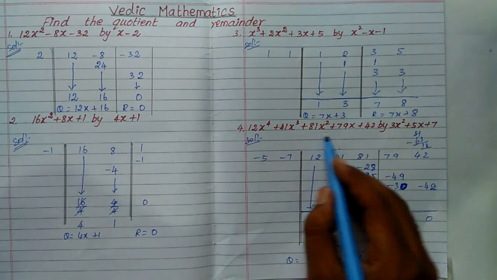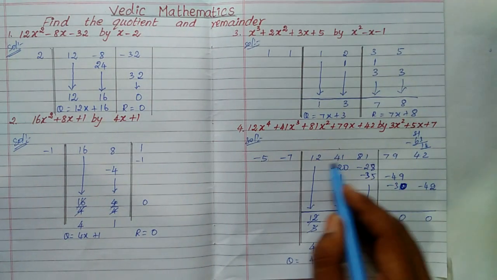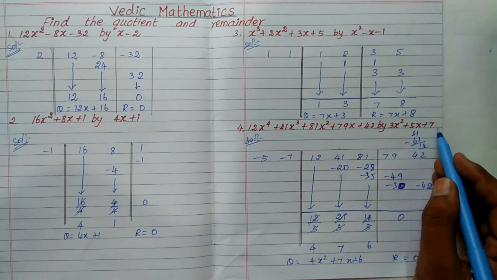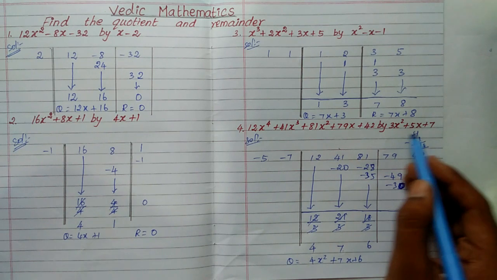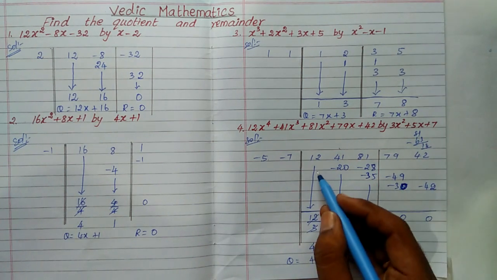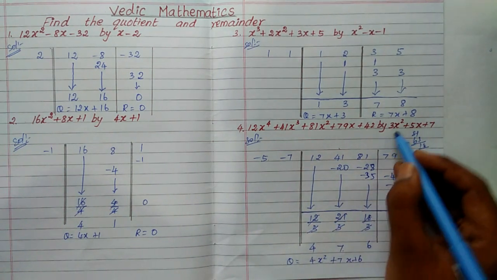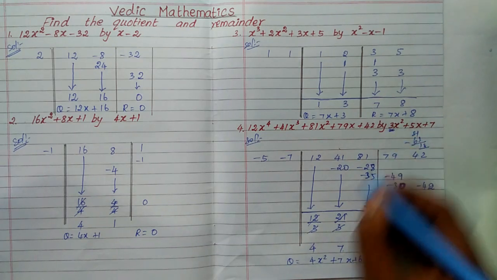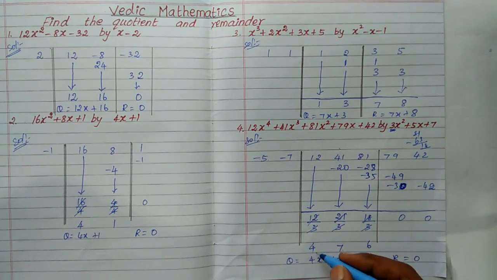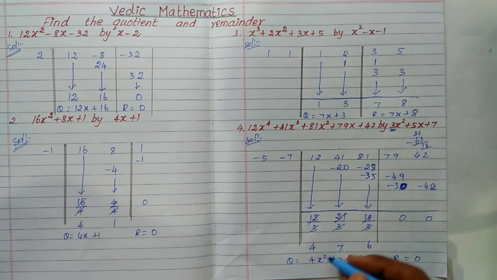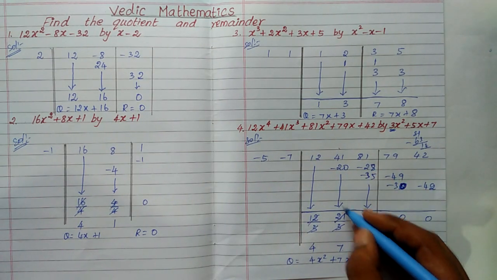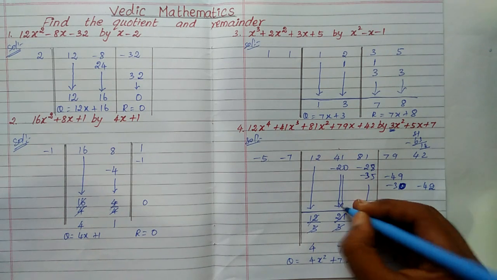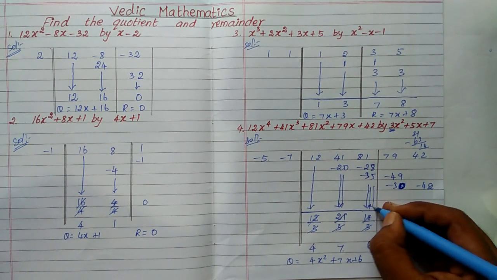Here totally 5 terms are there. Here 3 terms are there, so we go to the last 2 terms only, minus 5 and minus 7, and those 2 terms only are our remainder. Now take 12 directly, but here the coefficient of x square is 3. So 12 divided by 3 is 4, and 4 into minus 5, minus 20, 4 into minus 7, minus 28, and take the second value. This one is the second process, this one is the third process.